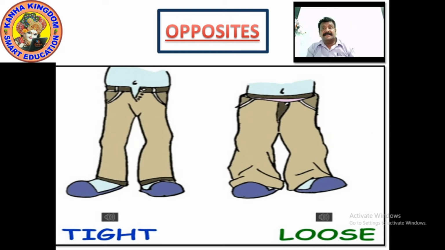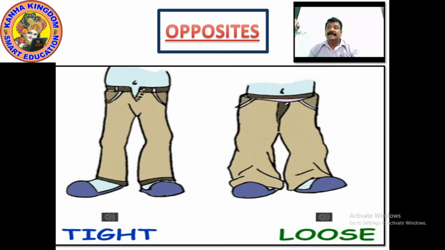Here we can see opposites, tight and loose. You can understand now. These are the trousers which they are wearing. Right? See, he is wearing that but he is not able to button it up. He cannot button it up. That is what? That is tight. Because the trousers' waist is shorter than his stomach, than his waist. It cannot come around his waist. So that is a tight pant for him, right? So there we have this as tight.